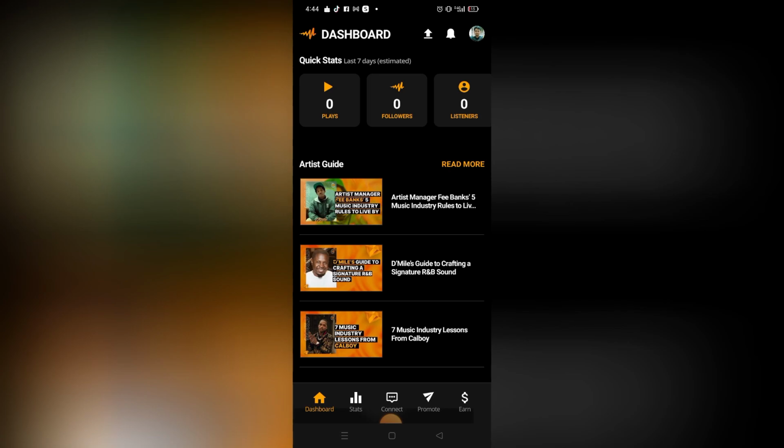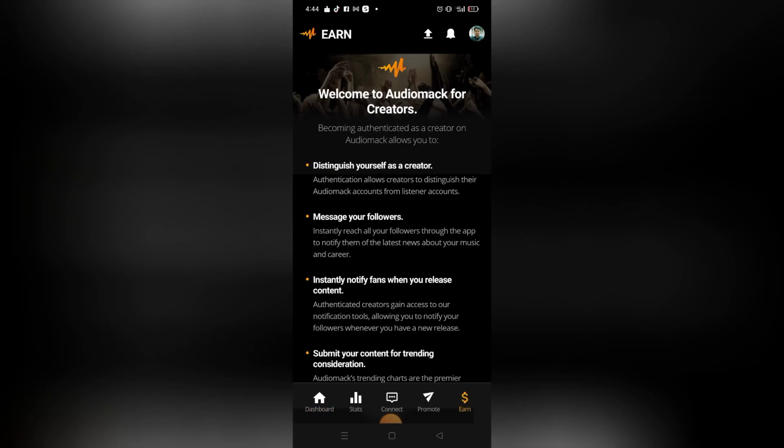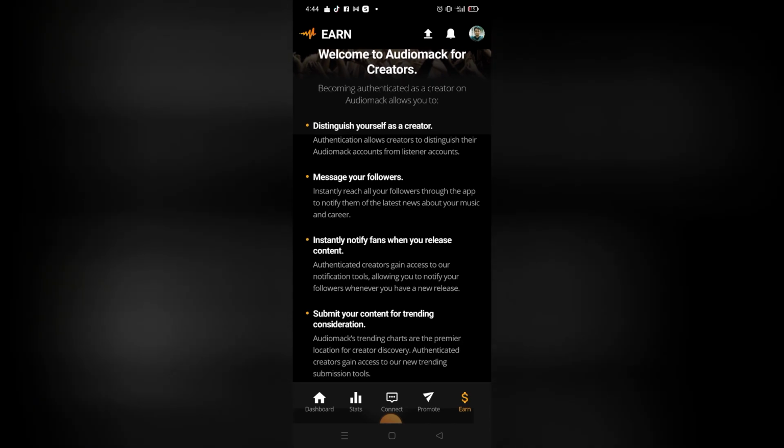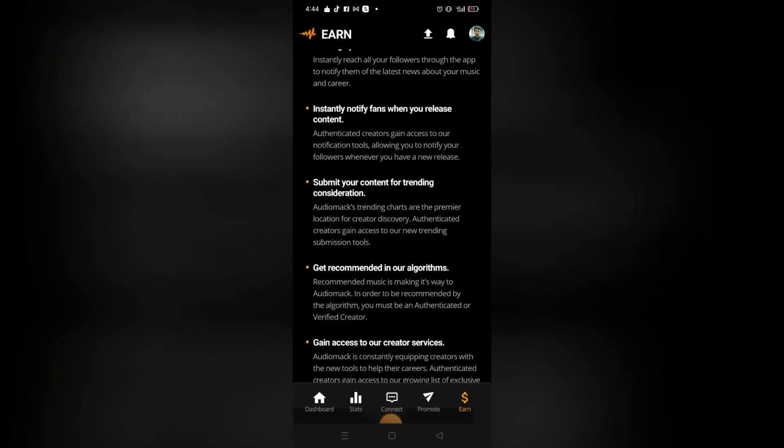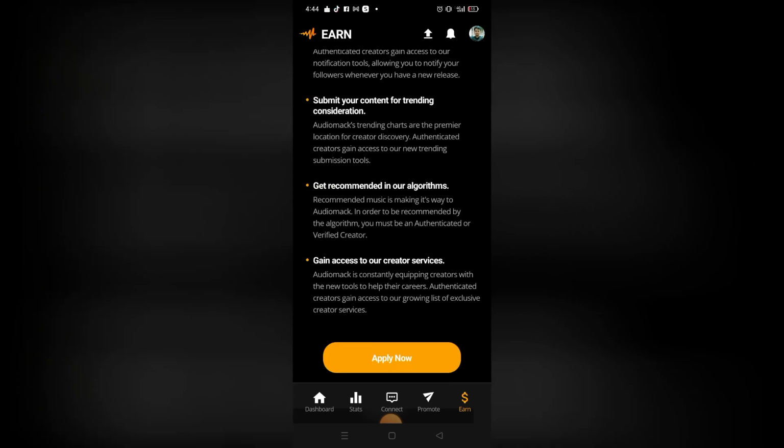First, you just need to open your Audiomack Creators app, and after you're on the dashboard, you can see right here there will be an option called Earn. If you click that, this will appear and it shows you the type of benefits that you will get if you monetize your account, right? And it says that you can submit your content for trending consideration, and if you click Apply now, you will